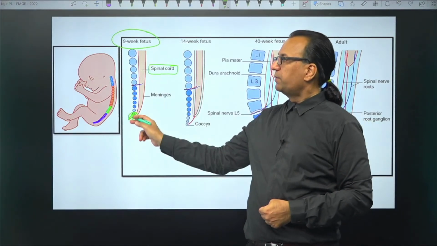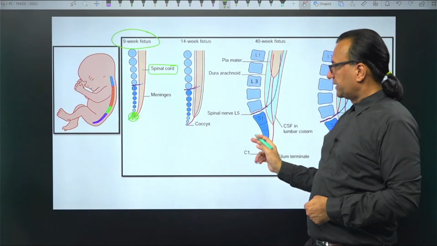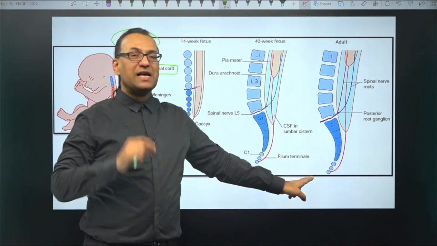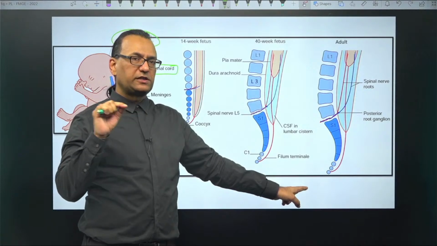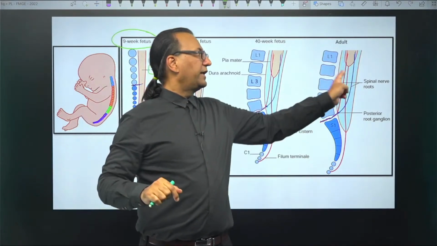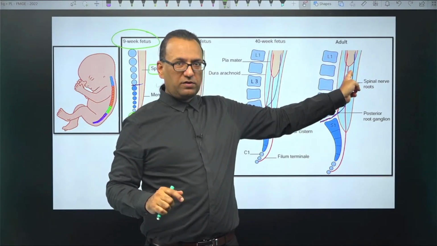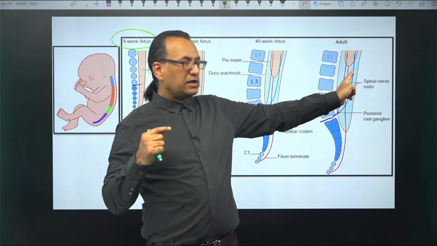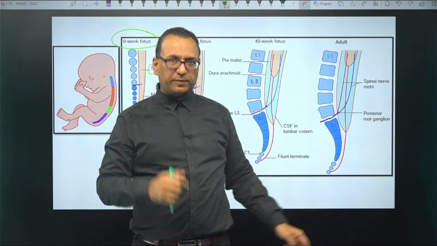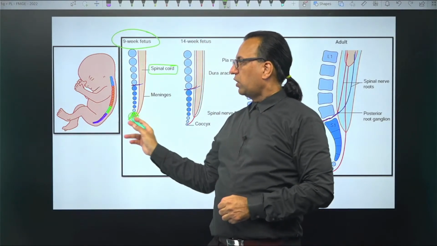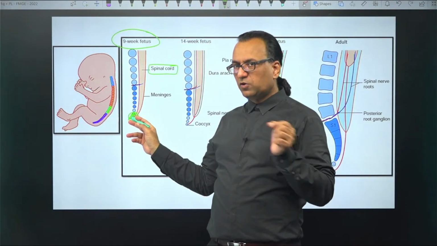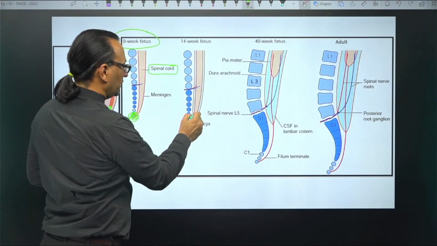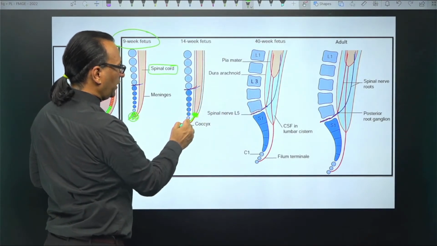The length of the vertebral column keeps increasing, so much that in the adult you will find the vertebral column is actually 60 centimeter long, whereas the spinal cord is only 45 centimeter long, shorter. Now maybe the spinal cord is shorter in the adult and the vertebral column is longer, but the initial attachment of the spinal cord to the coccyx is persisting. So that attachment which is persisting, which you can show here, attaching the tip of the spinal cord and the coccyx,